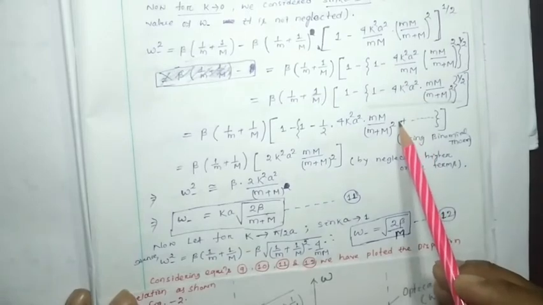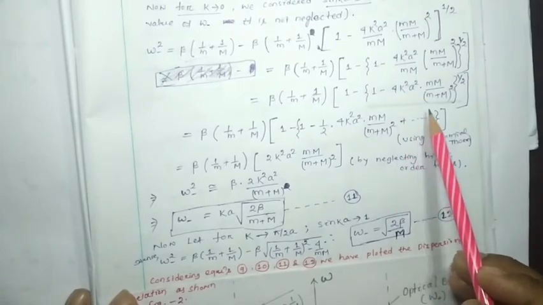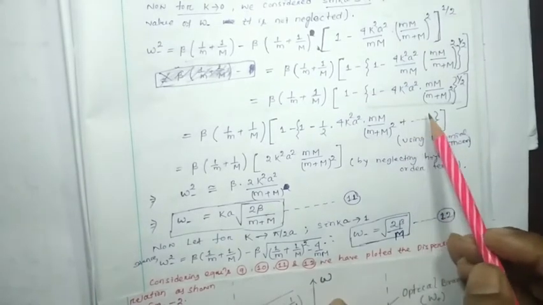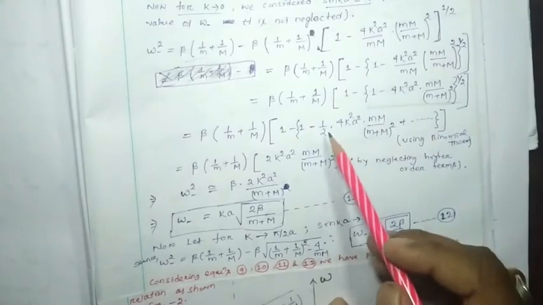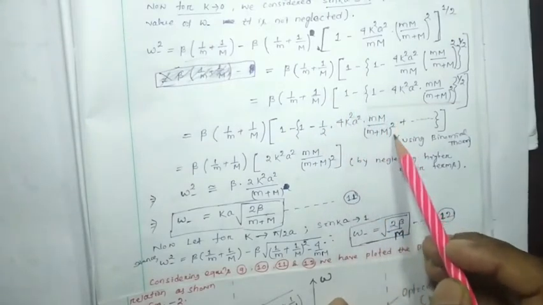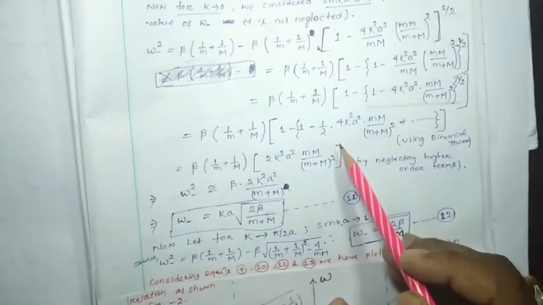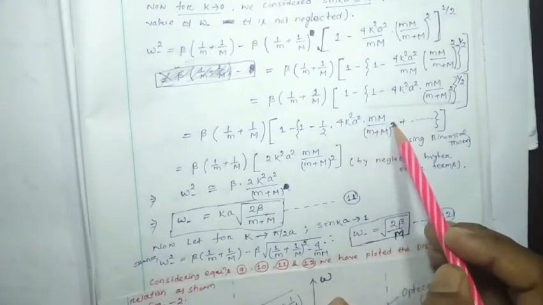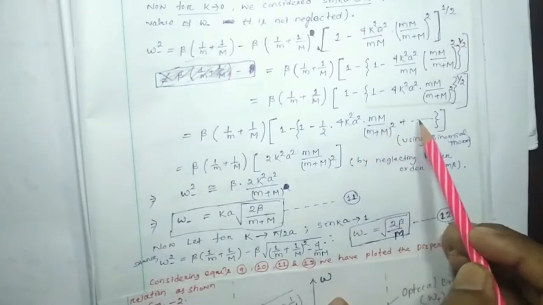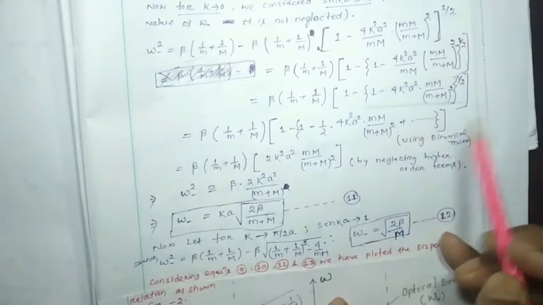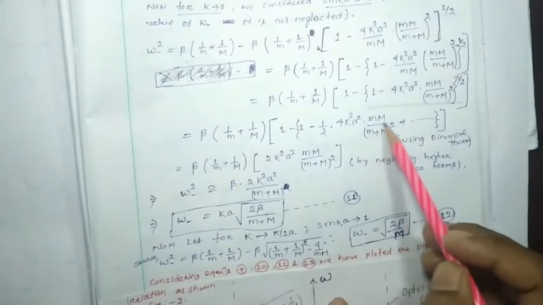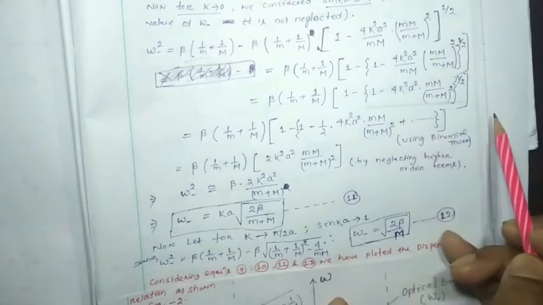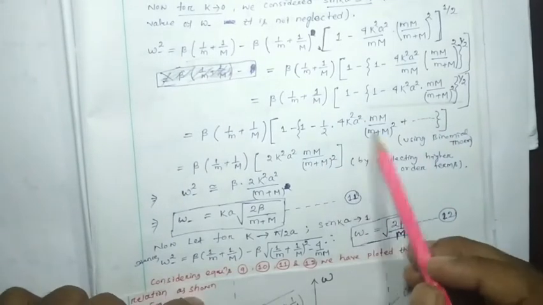The second term will be n into x square by 2 factorial. That means 1 by 2, this square, divided by 2 factorial, or divided by 2. Here if I take this much square, then this term will be larger. And if we consider further terms, the denominator terms, m plus m, are going to increase. So hence we neglect the higher order terms and consider only these two terms, the first term and the second term.